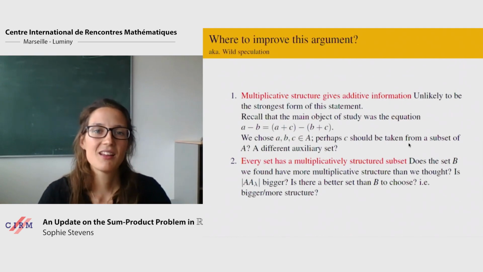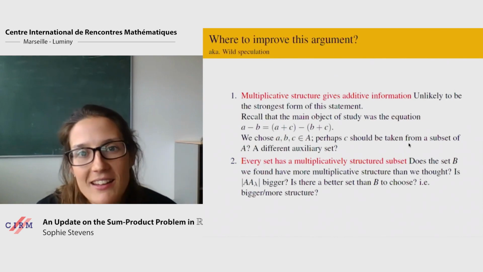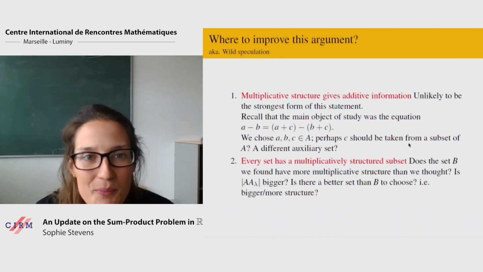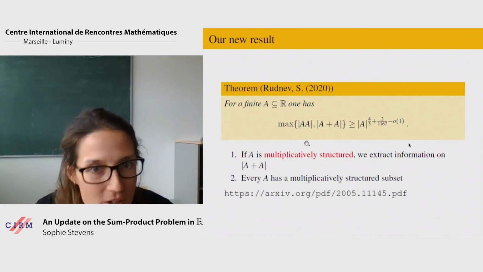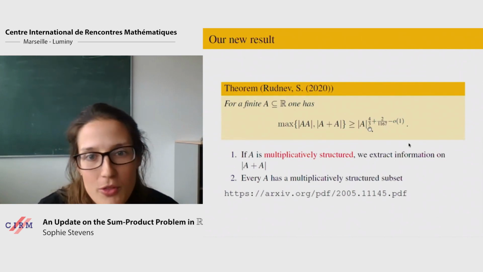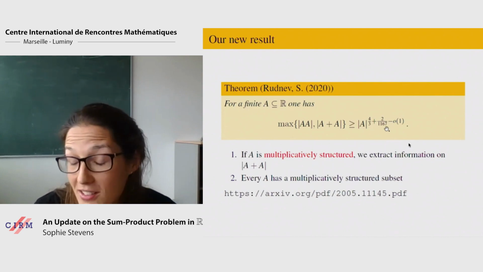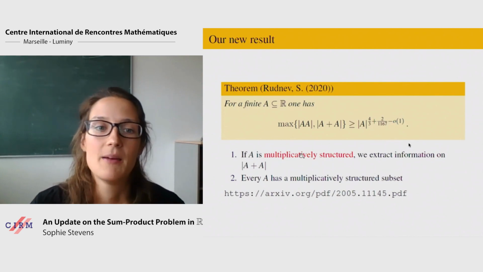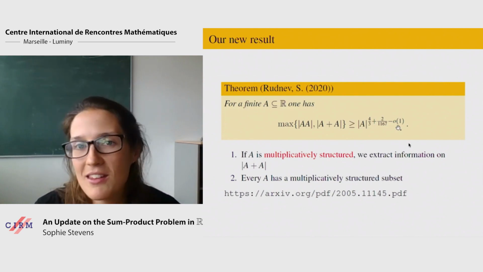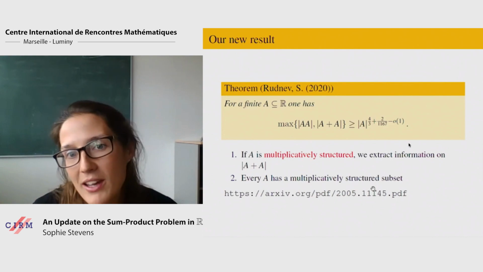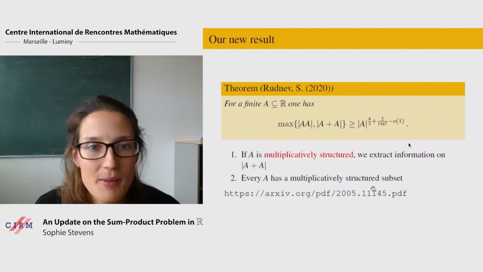So I suppose this slide is really saying it's over to you now. Misha and I were able to show that the maximum of the product set and the sum set is at least |A| to the 4/3 plus 2 over 1,167. But maybe the next time that this comes, someone else will be talking and someone else will have a much better number and